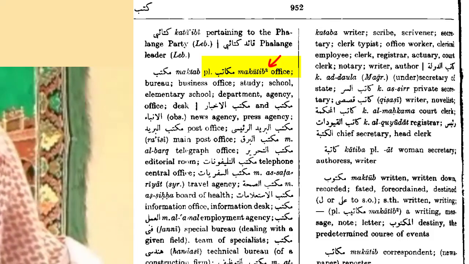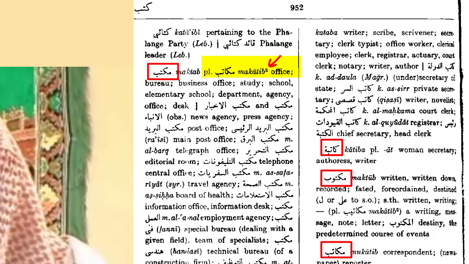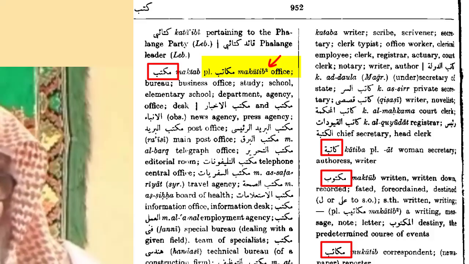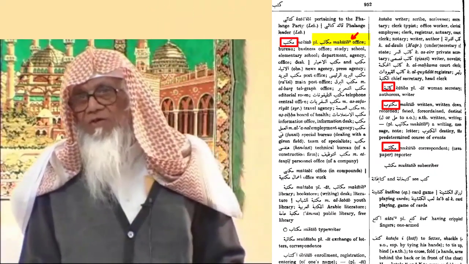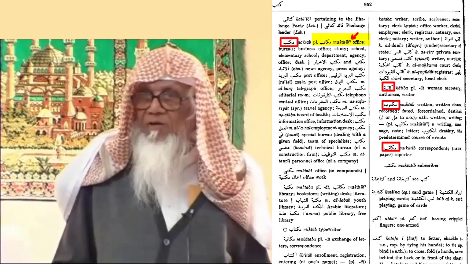And when he finishes with the verb, he comes up with the derivatives, nouns. For example, kataba yaktubu, and then he will give kitab, maktab, all that. So it's a good dictionary. It's based on modern Arabic. If you want to find out the meanings of words that are special to Quran,